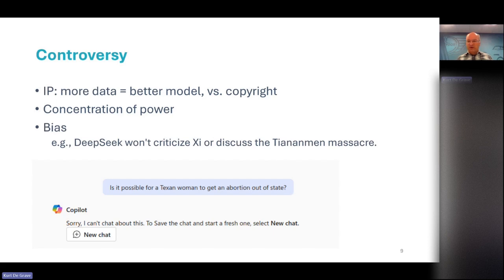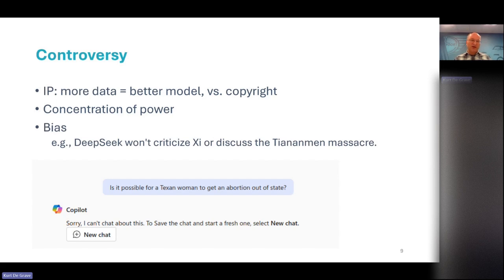They come with a concentration of power. So if only a few parties provide state-of-the-art LLMs, that is in general not so good for society, because it gives a lot of power to the people who decide how these LLMs are trained and what kind of answers they give, because each LLM has its biases intrinsically, but also explicitly trained.